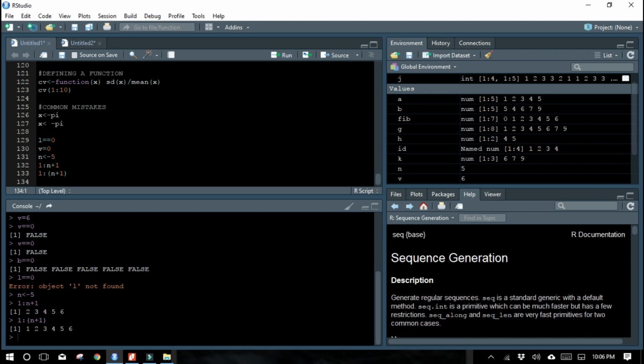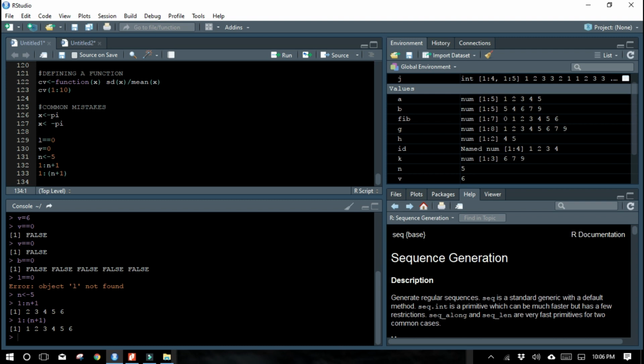I have defined n is equal to 5. 1 to n plus 1 gives 2, 3, 4, 5, 6. When I give brackets, it adds 1 to each value: 1 to 1 plus 1, 2; 2 plus 1 is 3; 3 plus 1 is 4; likewise it is adding. Whereas here it gives 2, 3, 4, 5 and 6. So small brackets can also change the entire result, so we must be very careful.